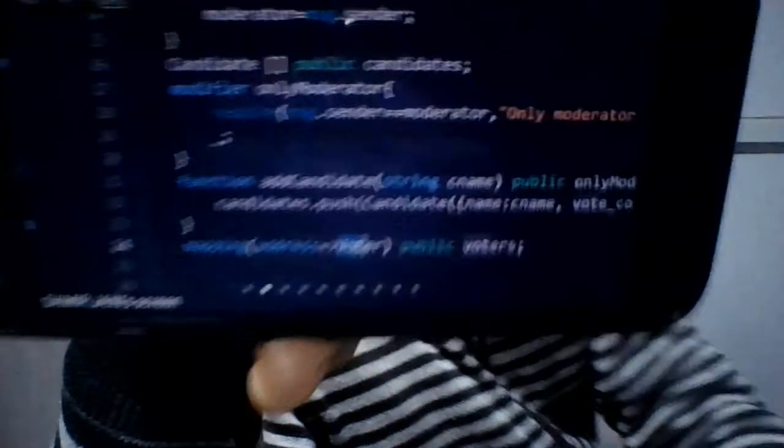If I have some address, I have a voter. That voter has these three things. Later on, when I use this mapping, you will come to know what has happened using it.